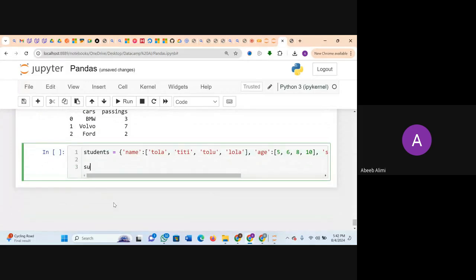So let me help you somehow. Now let's create a data set from this dictionary that we have. So you can say student data, right? Equals to. So how do we now create a data set from the dictionary? What will it be?